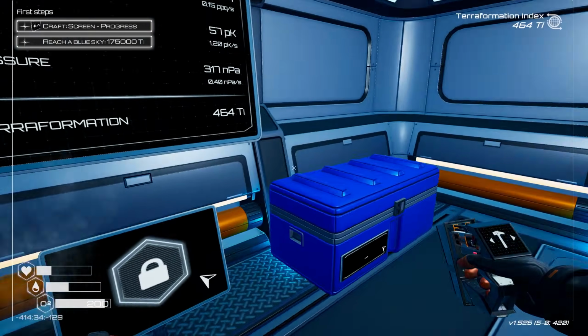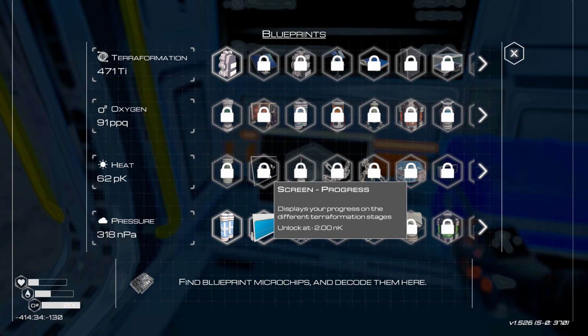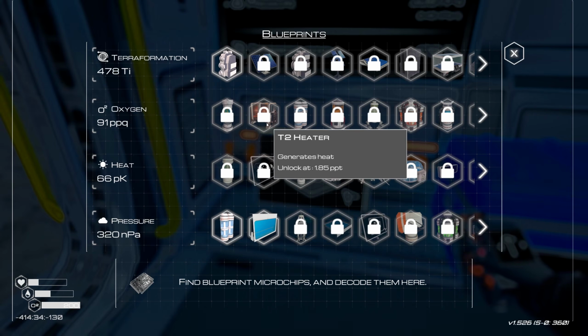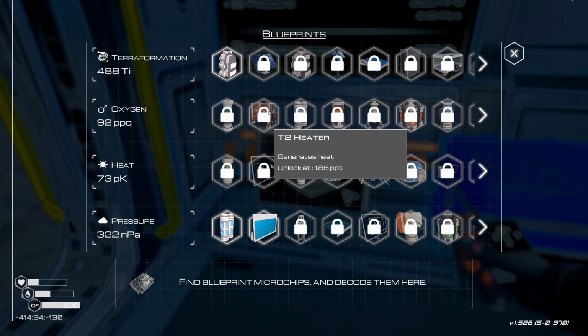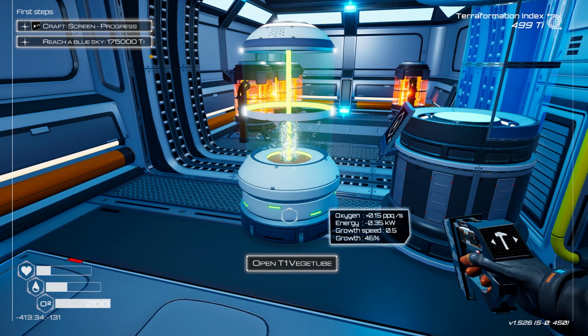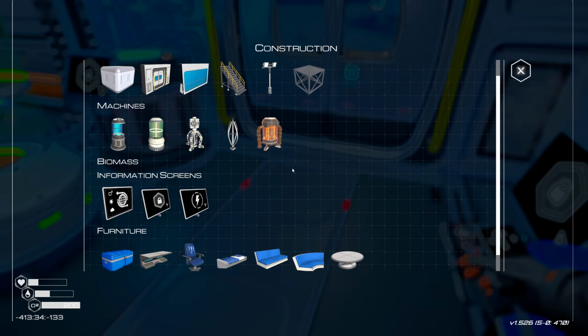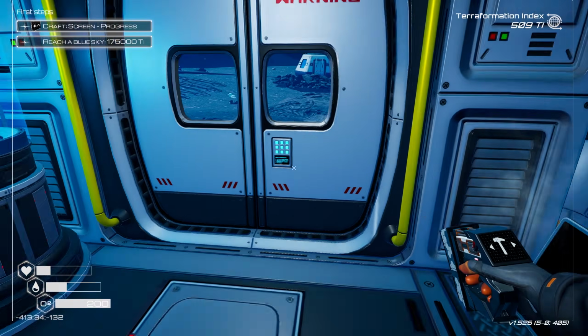So we're pretty much at a similar spot. Now, if I recall, and we take a look here, what we wanted to do was get to that point. So we got to keep raising the heat. In order to raise the heat, what we needed to do was get T2 veggie tube, which we'll get to, but oxygen should do it. So we technically put in another one of these guys. So let me put another one down, veggie tube here,